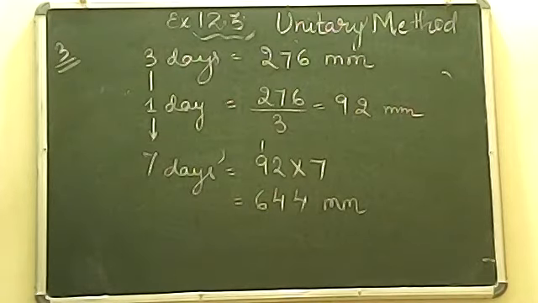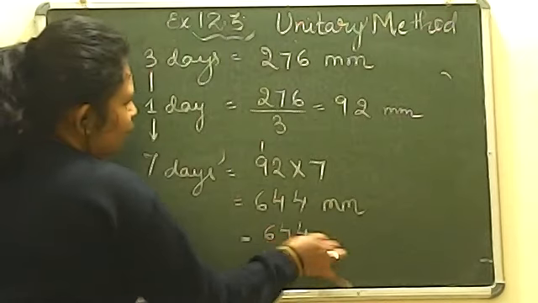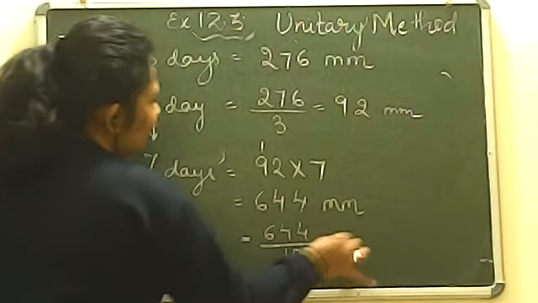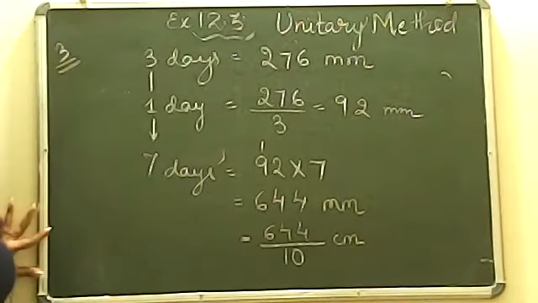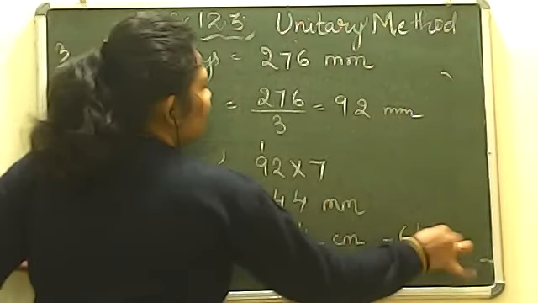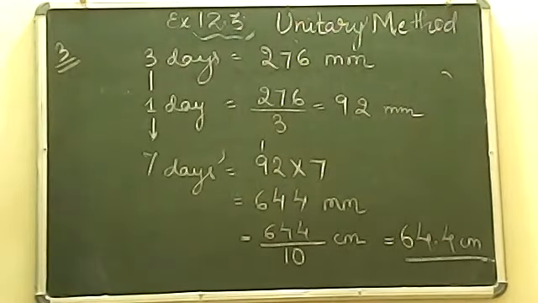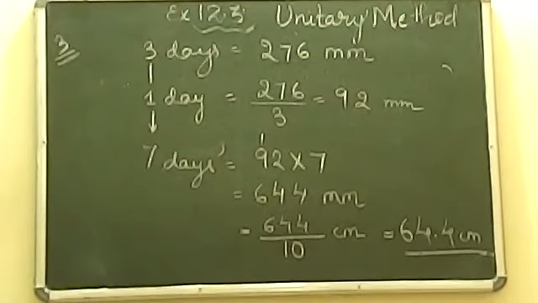ठीक है. So बेटा यहाँ पर देखो क्या है, millimeter है. In millimeter to centimeter we simply divide by 10. So because we have done the unit conversion in decimal chapter, so it will be 644 upon 10 और ये question convert हो जाएगा centimeter में. So our answer is 64.4 in centimeter. This is the raining which happened in 7 days. Clear? Now this question is also done.